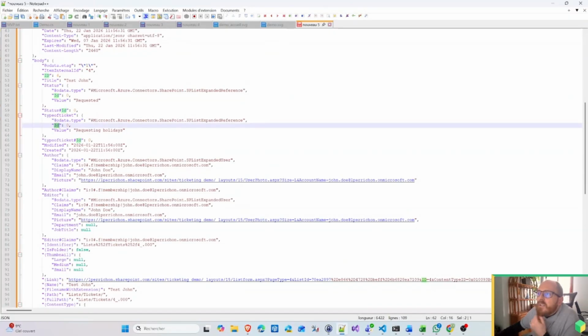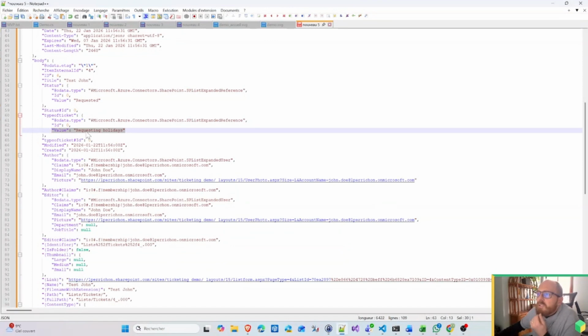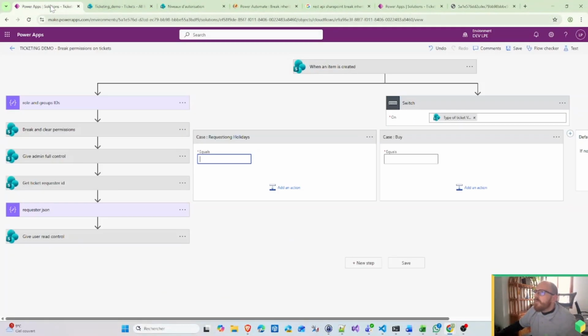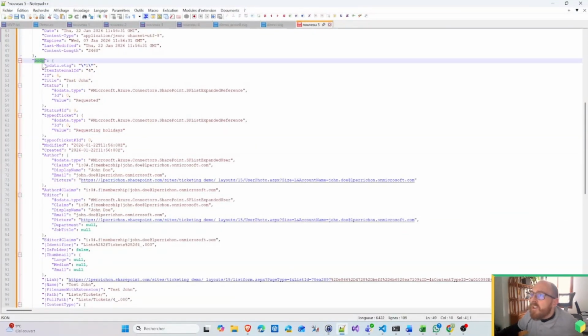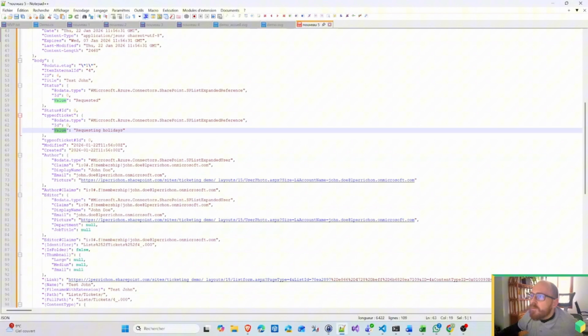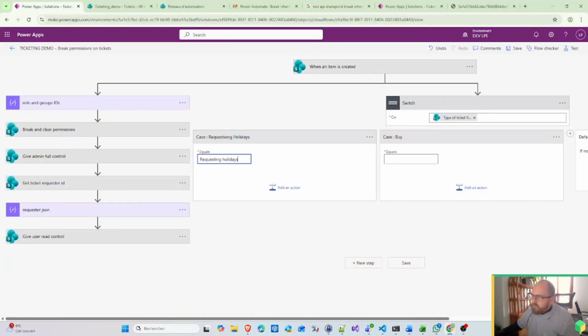You see, ID 0 requesting value requesting holidays. So yeah, maybe in SharePoint it's like this; if you're using a database, it will be something different. But requesting value, type of ticket, value. So yeah, I don't know if you can see it, but it's trigger output, which is the one in time is created, body, type of ticket, value, which is exactly body, type of ticket, value. So that's the one we need to target. Requesting value, and the other one is